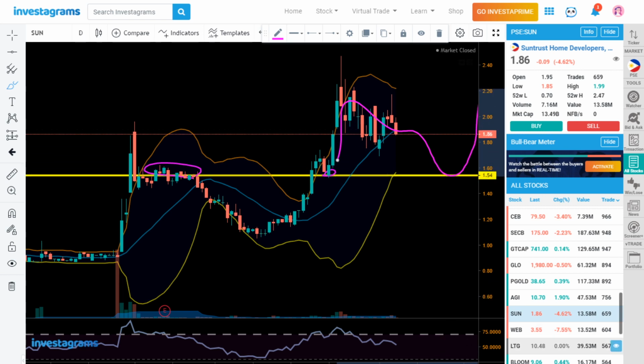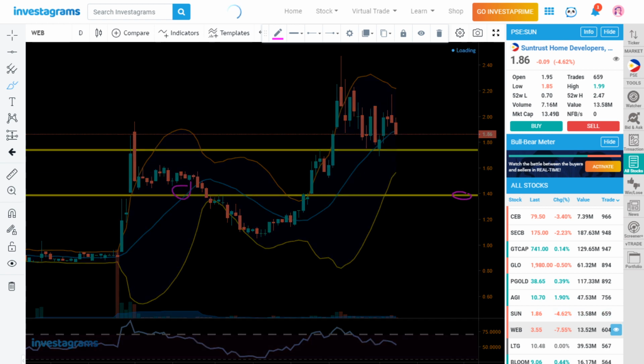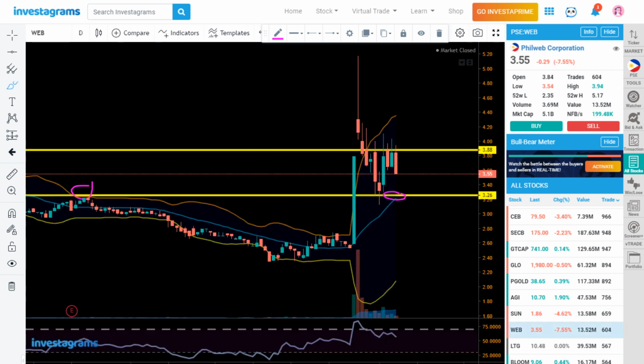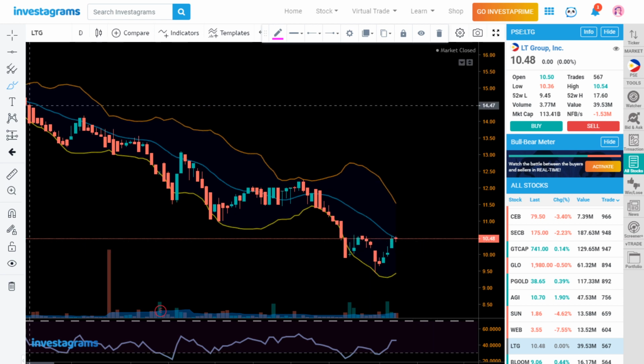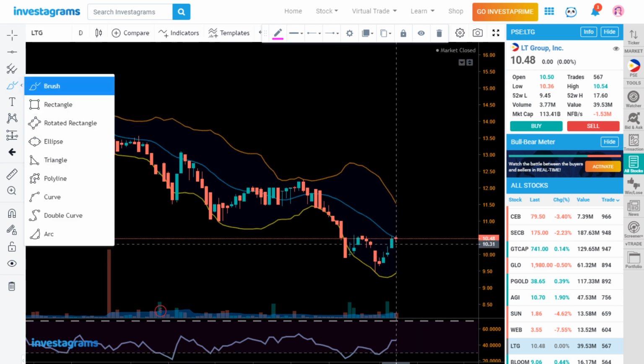I already talked about web earlier. This is a possible area of bounce. LTG is sitting at a resistance at the moment, so you might have some more triggers in a downward